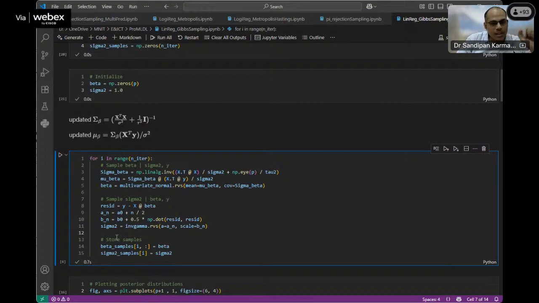Okay, so for that, what I have to do is find out that sigma squared is following an inverse gamma distribution with alpha and beta. Here it is A0 and B0, right? So how can I find the updated A parameter? A_N will be A0 plus the number of observations divided by 2. So if you remember,